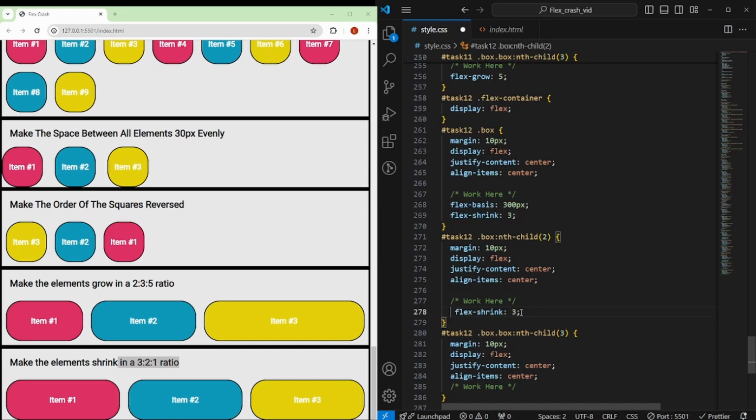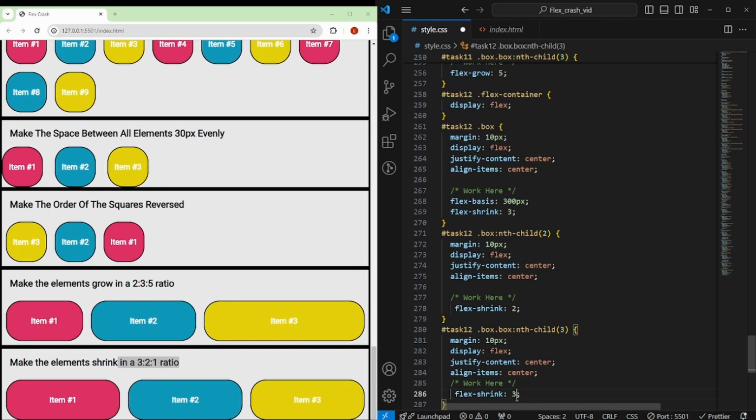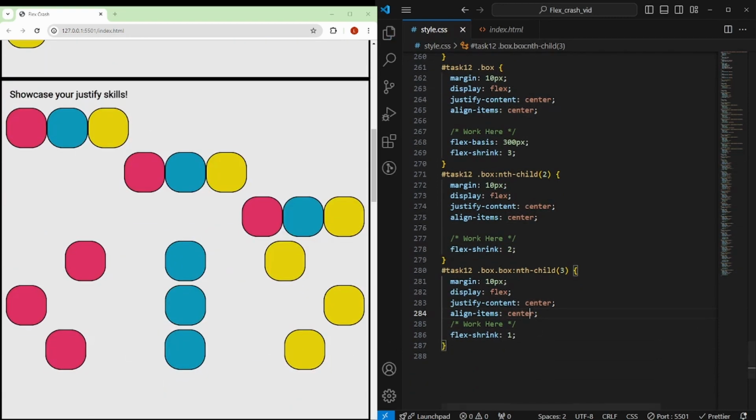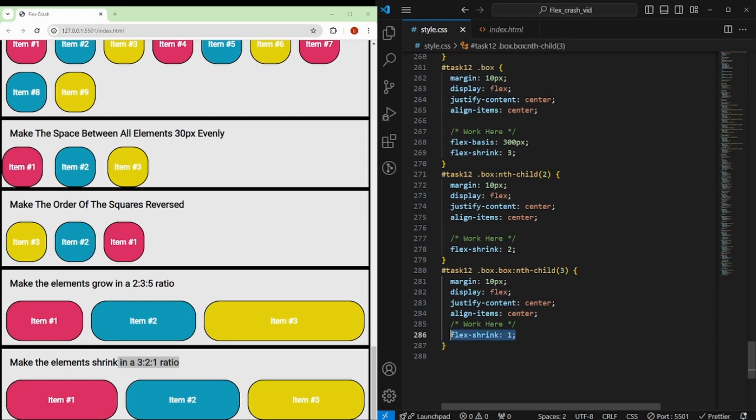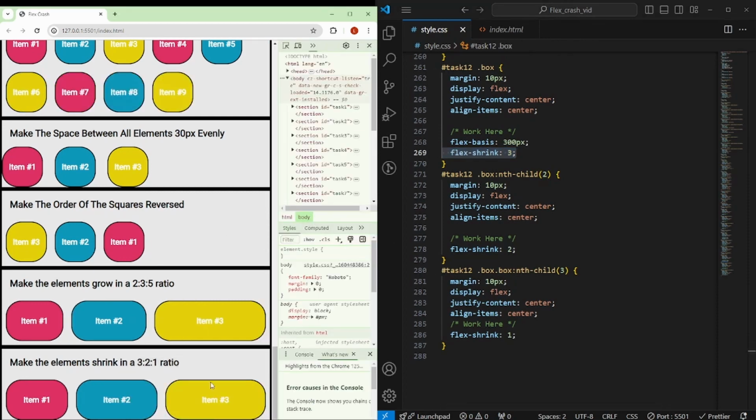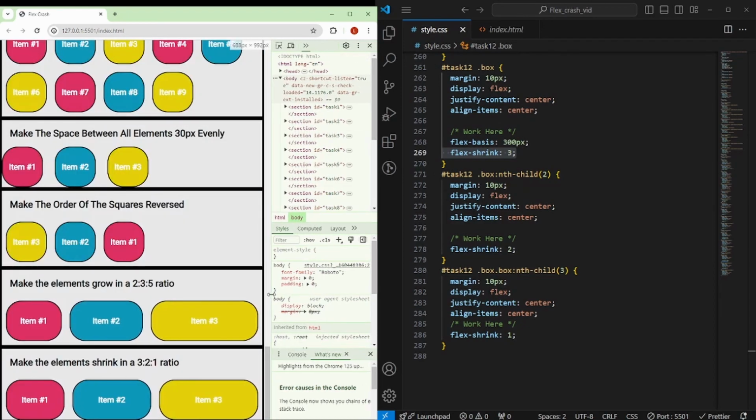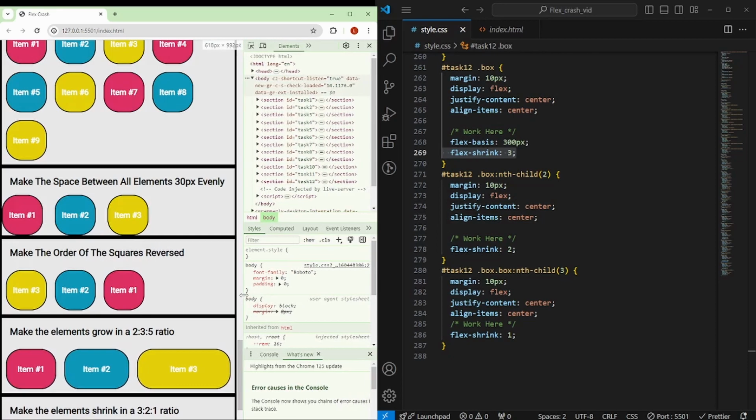The second child will shrink 2 times, and there will be a 1 given to the last child. Third child shrinks by only 100%. The second child will shrink by 200%, and the third child will shrink by 300%. So if I open the developer tools, you can already see when it opened that the shrinking changed, and I can just squeeze them together